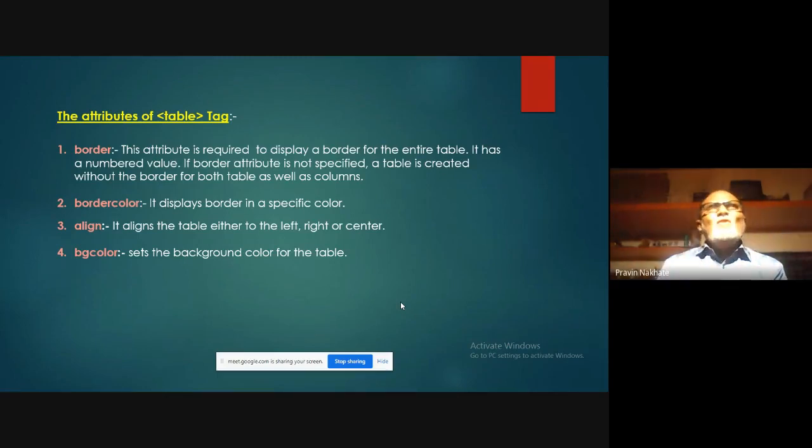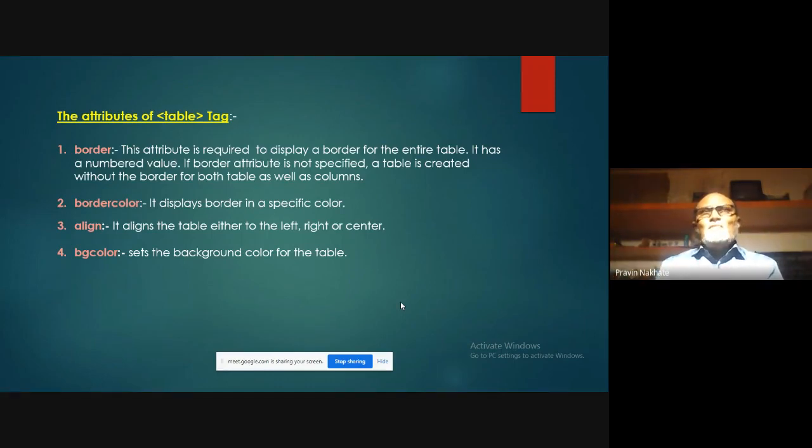So the values of this border attribute are 0, 1, 2, 3, etc. If you have specified the value border equal to 0, then there is no border to the table or columns. But suppose you want to specify the borders to the tables, then you can give 1, 2 or 3. Depending on these values, the thickness of the borders is different.